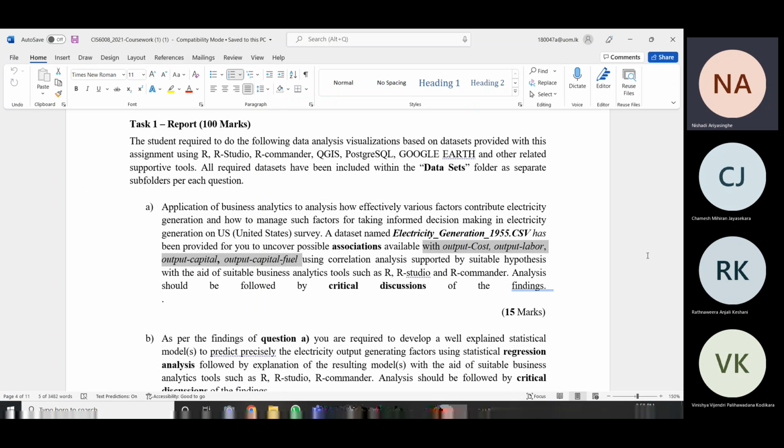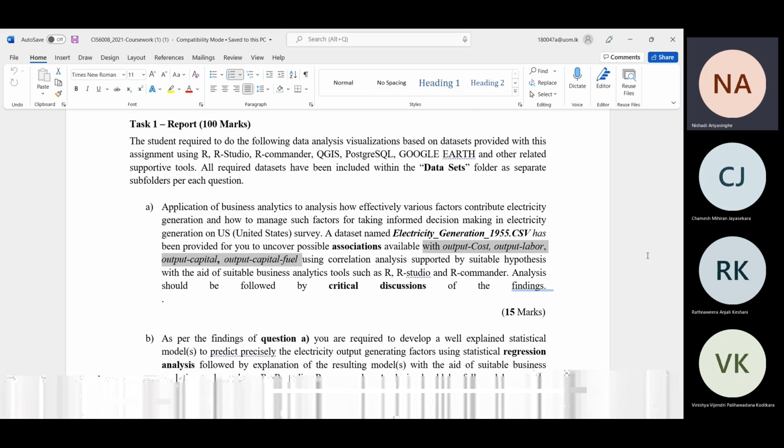And you have to show that there are certain associations between these variables, right? You have to mention what the associations are. Maybe when one variable is increasing, the other variable might decrease, or something like that. You have to visually show, right? You can visually show